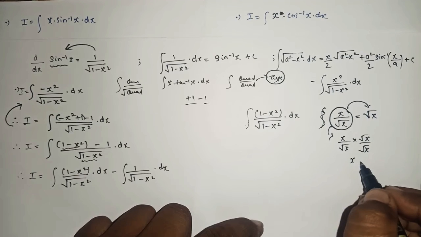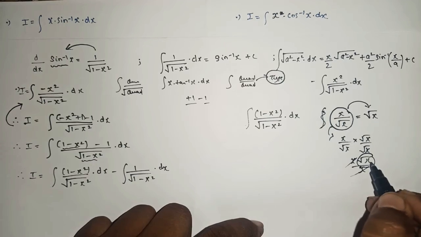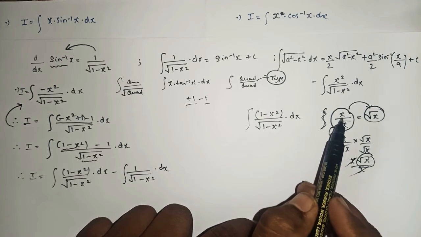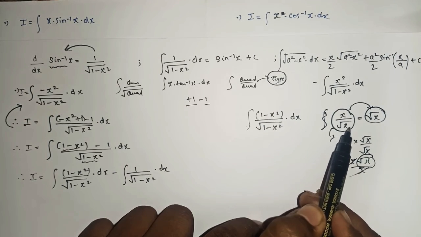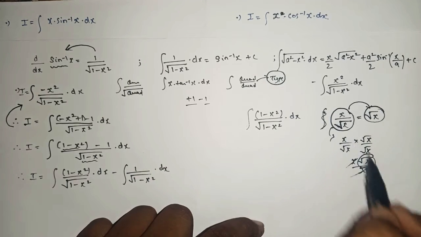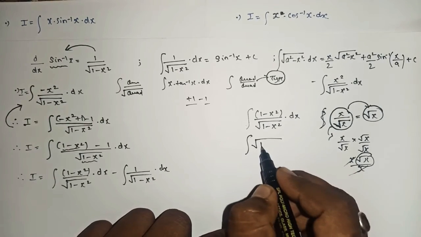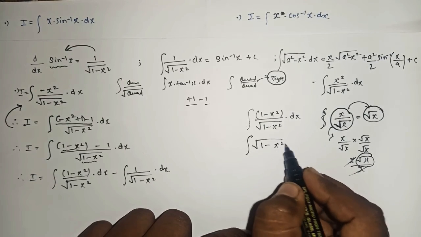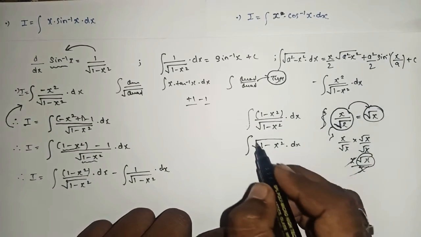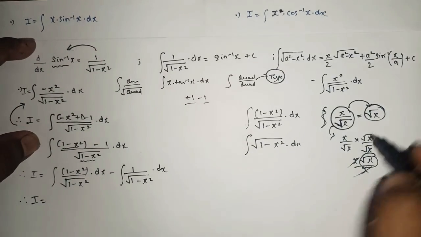So this we will get what? x into root x upon root x. Root x is what? x. So x will get cancelled and you will get root x. So whenever you see that the numerator and the denominator section is the same and the denominator section is in root, when you rationalize, you will get this answer. So can I say in the next step what will be the answer? It will be minus root 1 minus x square into dx, as when you rationalize with this root, this part will get cancelled and you will be left with 1 minus x square into dx. Got the point? So that only I had explained here.